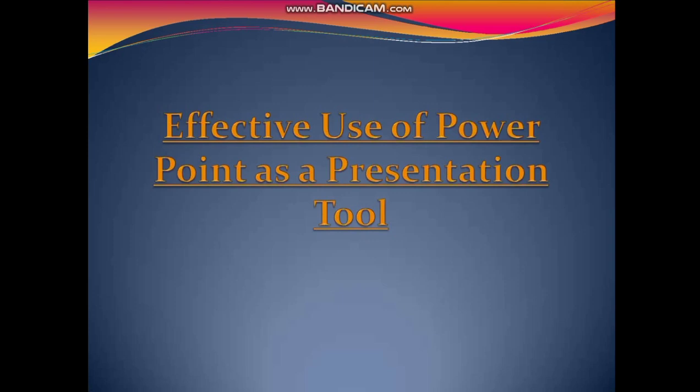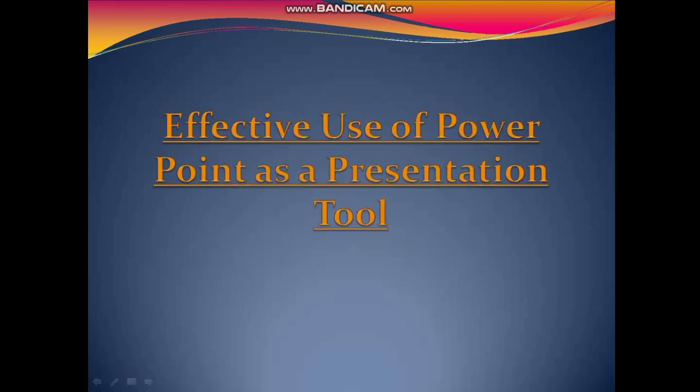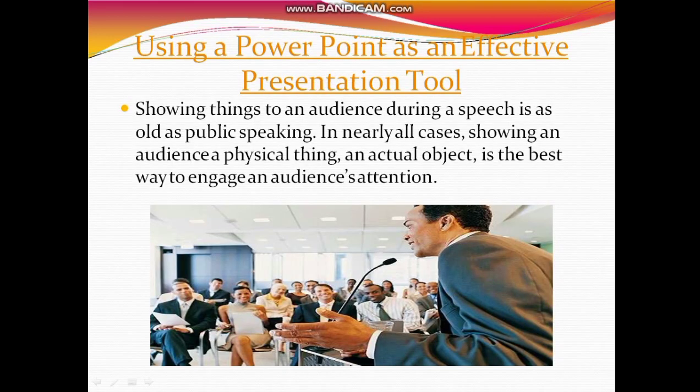So now let's see what are the most important features that we should keep in our mind while making a presentation. So first of all, as you can see, using PowerPoint as an effective presentation tool. As you can see on the screen, the text is written. Showing things to an audience during a speech is as old as public speaking. In nearly all cases, showing an audience a physical thing, an actual object, is the best way to engage an